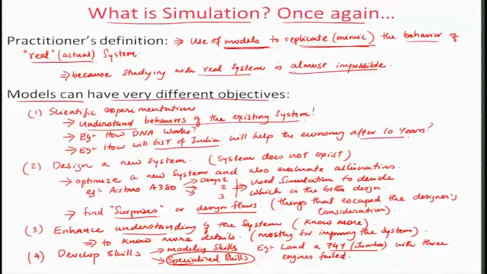So, this results in building the specialized skills for a pilot in handling emergencies. Okay. So, development of skills in very tough or costly, tricky situations is also one other objective of using models to study a system.